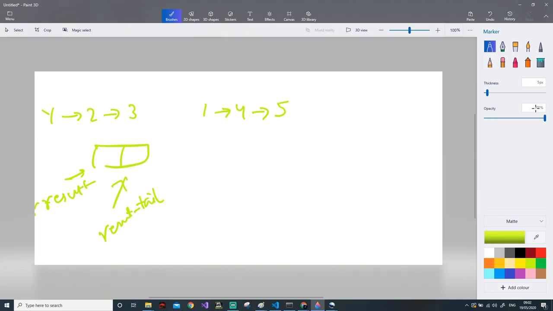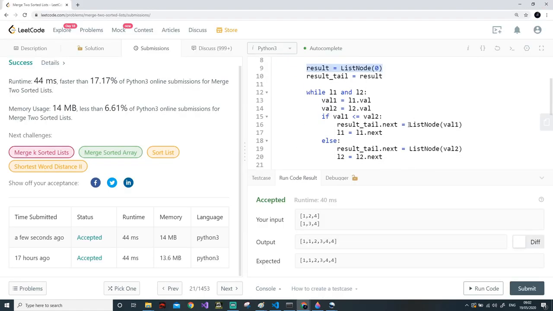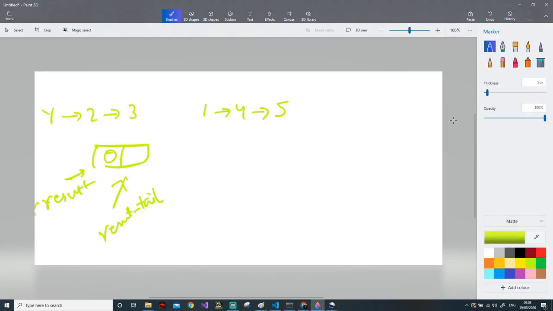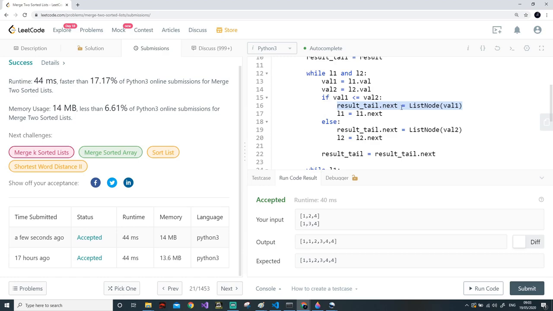So when we decided that we need to put 1 here, it will be 0 and something else. Then inside the program, I am creating another node which contains the value 1, and this is pointing to this in this step.